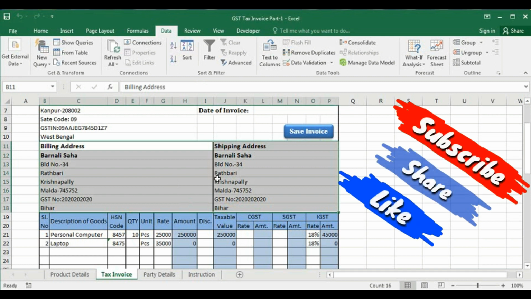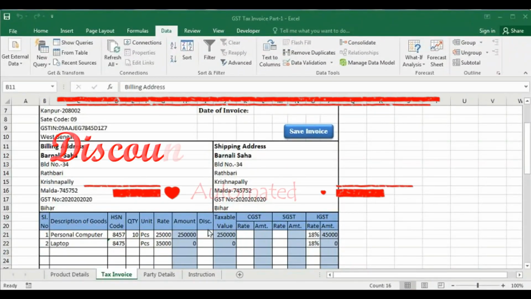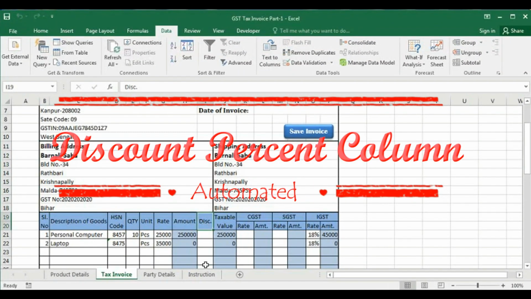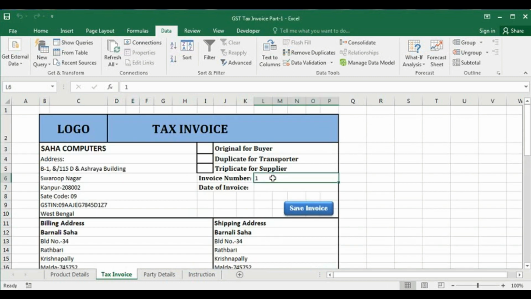Now we will look into the discount part. Here we will put an extra column for percentage. But remember, as we insert a new column here, all these column numbers change, and we have given the VBA code for this part.